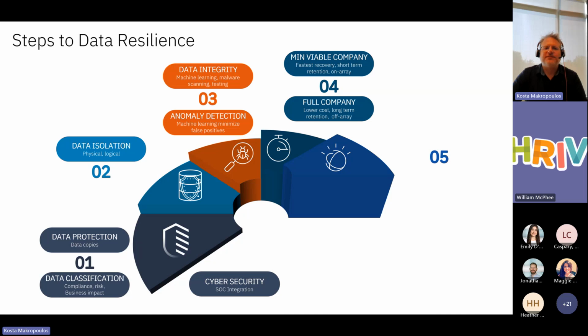From a recoverability standpoint, this now ties back into this whole idea of data classification, where I have my minimally viable company, which is all of the mission critical workloads, the first things that have to get back up and running. When you look at your incident response document, these are the first 5 or 10. In most cases in the customer environment, 10 to 15% of your data tends to be that mission critical stuff. So that minimally viable company, I want to be able to recover super fast,